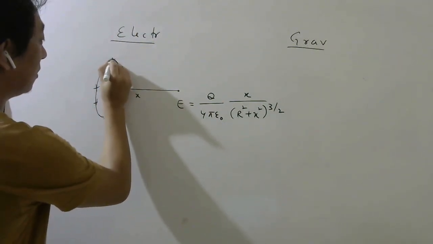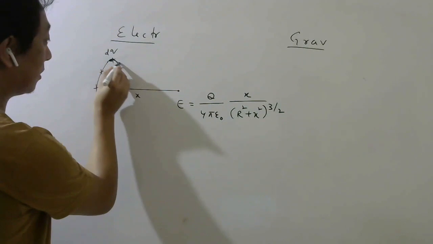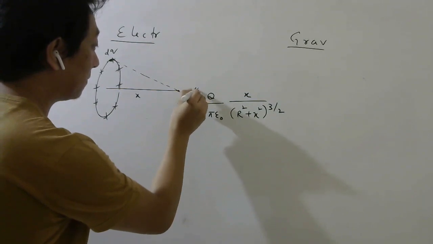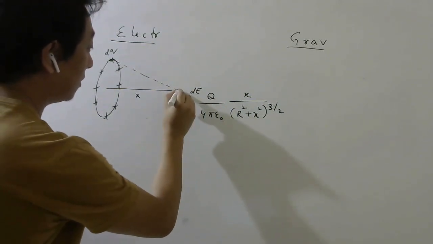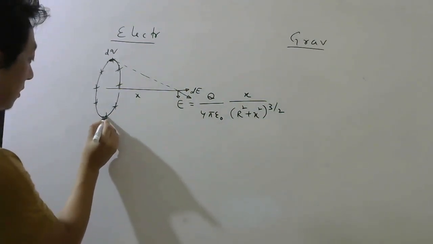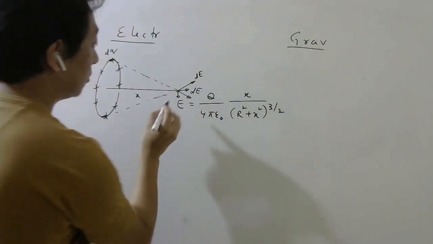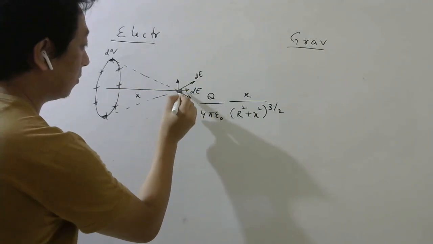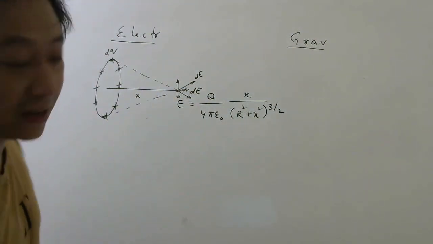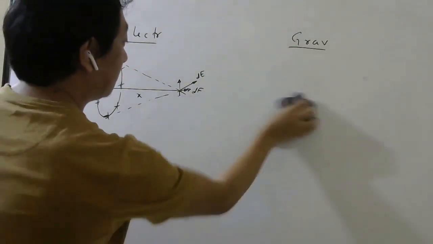Take one small charge dq here. Then find the electric field here due to this dq. That will be in this direction, right? That will be your dE. Then you take components of this dE. One component will be here, one component will be here. Similarly, for this dq, your electric field will be this way. So that also will have two components, one here, one here. So it is very clear that these components will cancel, only these components will add. So if I say this angle is theta, let me rub this diagram or this formula.